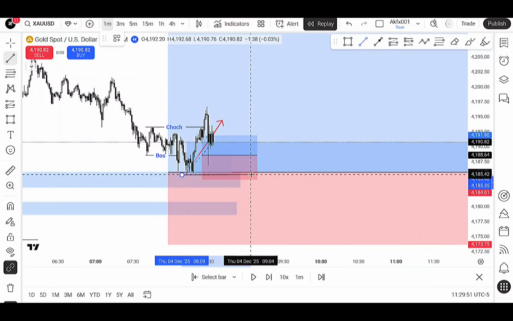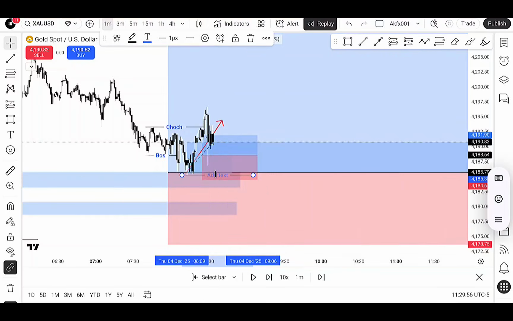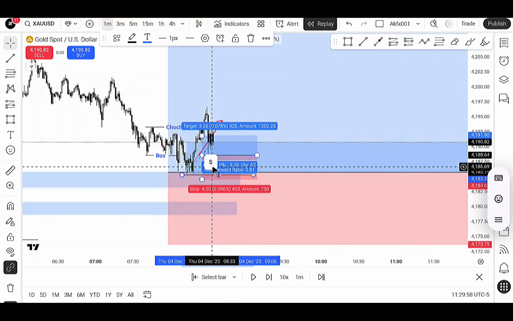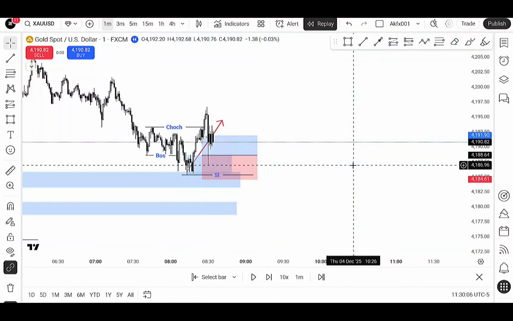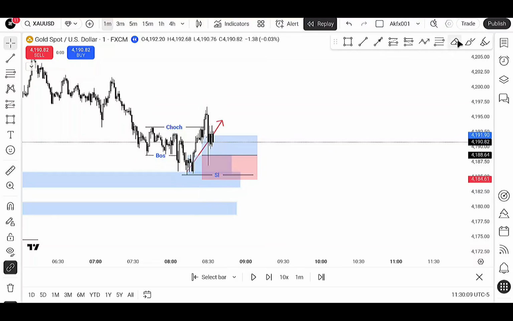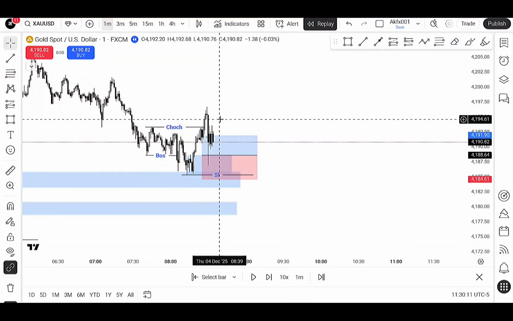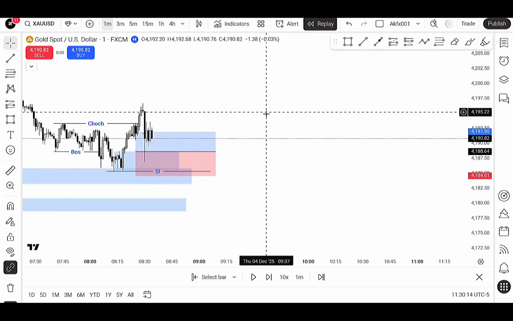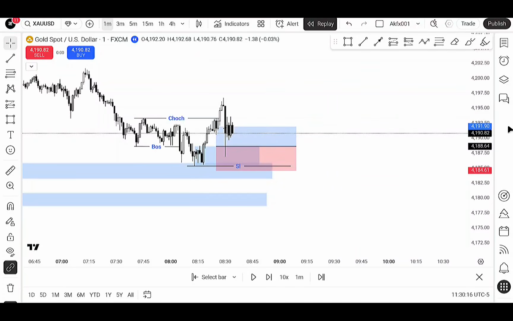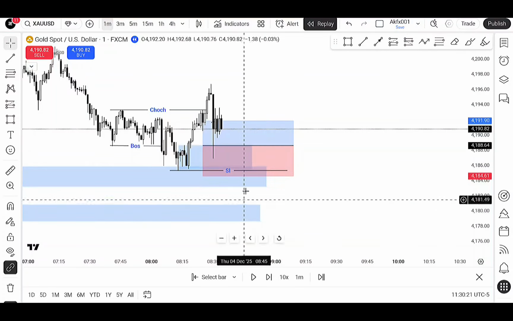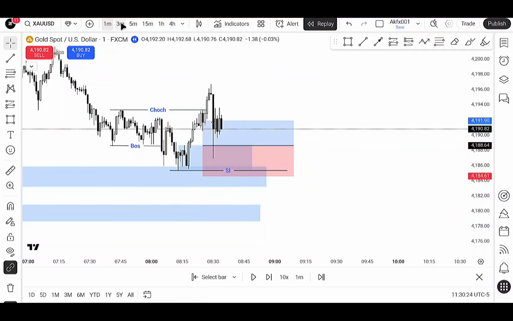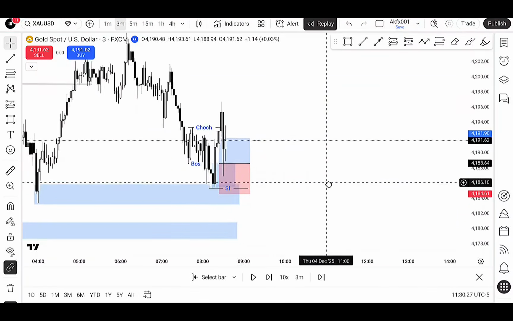swing low is here. Please don't allow this to confuse you, okay? The 1 minute time frame swing low is here. I will have to remove the bigger trade because it might confuse you guys. So then you can see that immediately you have this, you go back to your 3 minute time frame and then see how it looks, and